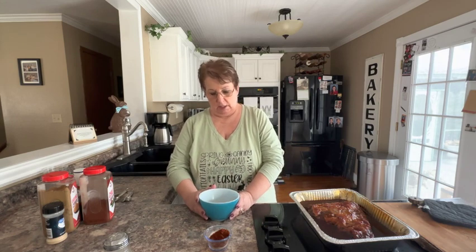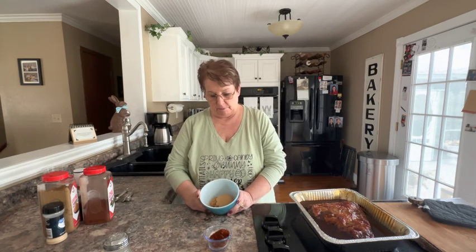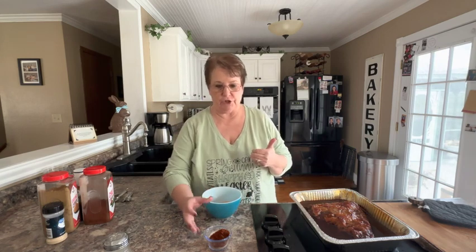After 2 hours, I'll pull it then. If it needs a little more time, it may take up to 4 hours depending on the thickness of your brisket. But in my bowl that I'm going to add, I have a half a cup of brown sugar. And remember, again, we're doing just a 5-pound brisket, not a 10-pound brisket. So a half a cup of brown sugar. And to that, I'm going to add a tablespoon of garlic powder that I've measured into my ramekin, a tablespoon of